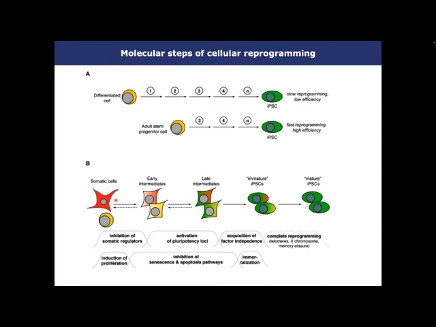For example, in the initial period, the somatic regulators, such as fibroblast-specific genes or muscle-specific genes, are inhibited by the Yamanaka factors, the transcription factors. Also, the activation of pluripotency loci is increased, epigenetic memories are erased, and factor independence is acquired. That means even though the exogenous transcription factor expression is turned off, the cells can maintain their pluripotency by the expression of endogenous promoters and endogenous genes, and complete reprogramming is accompanied by telomere length and X chromosome